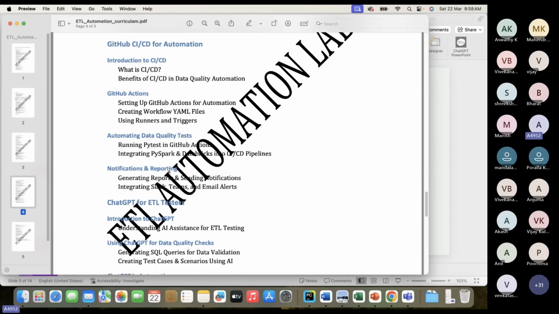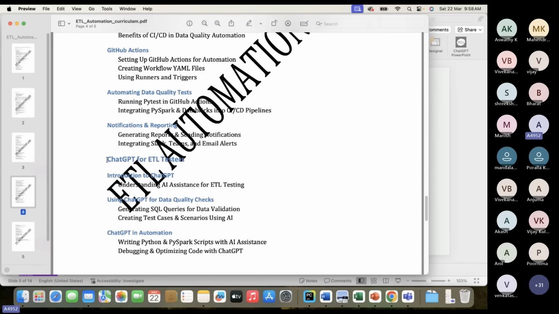And most important nowadays, everywhere you go, AI tools are a buzzword, so we also included ChatGPT for the last 3 batches. Not just ChatGPT, we can use any AI tool, but we'll give you prompts that you can use in your ETL projects to minimize your day-to-day work. First we'll explain how AI tools work for ETL testers, and then we'll give some prompts. Then we'll show you how to generate SQL queries for ETL testing, that is, SQL queries for data validations.